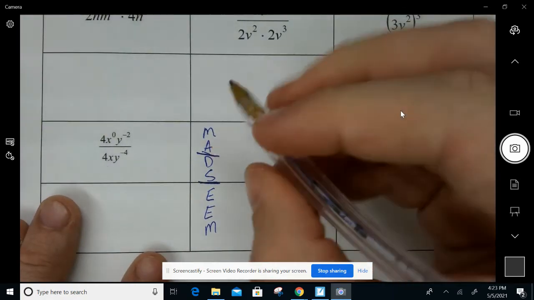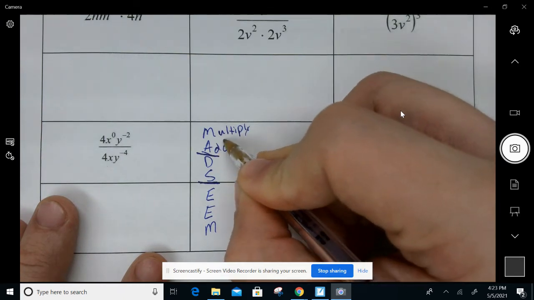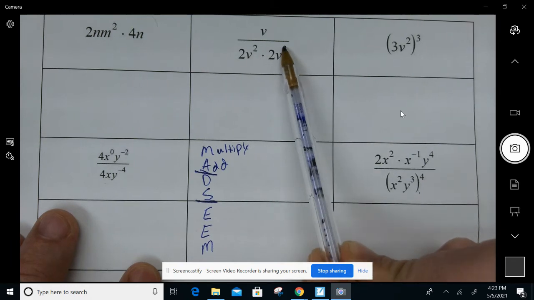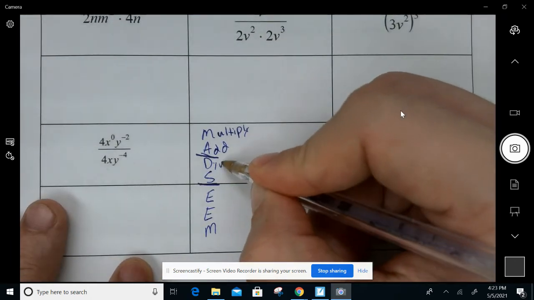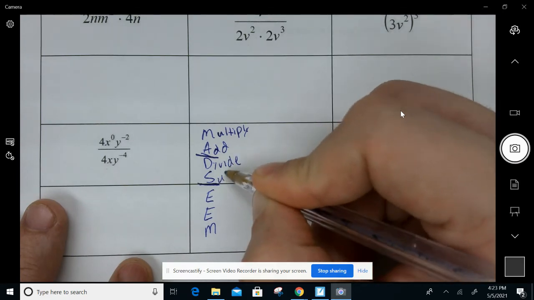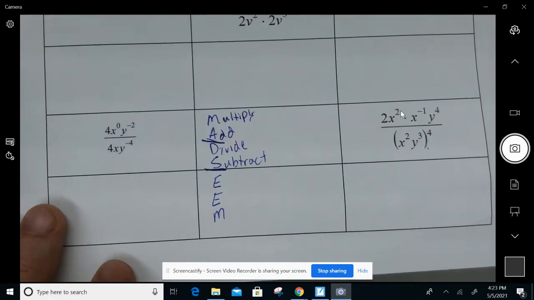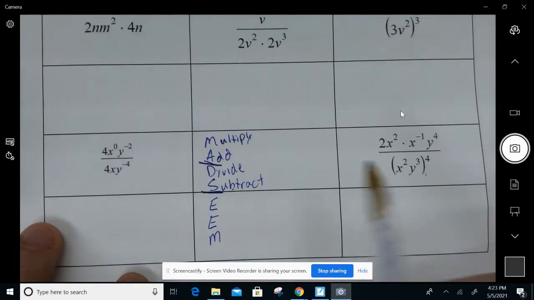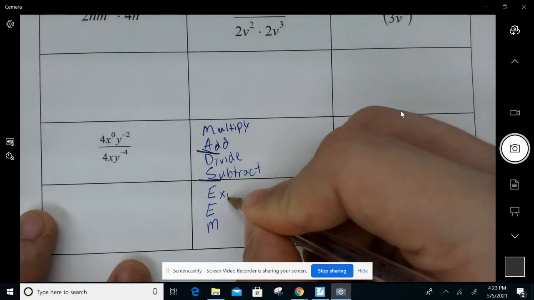We got when you multiply exponents, you add the exponent. So, for example, here you got v squared and v to the third being multiplied. You would add those numbers. We'll get to that in a second. All right. Divide, you subtract. All right. So if you're looking at, not really any good examples here. There will be. We have to simplify a little bit first. But cool. And then exponent to an exponent